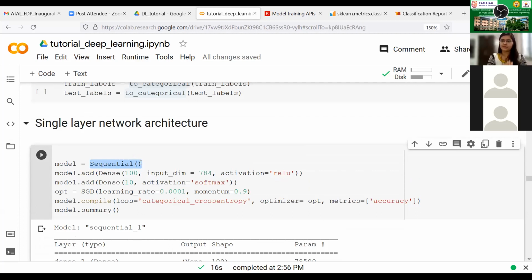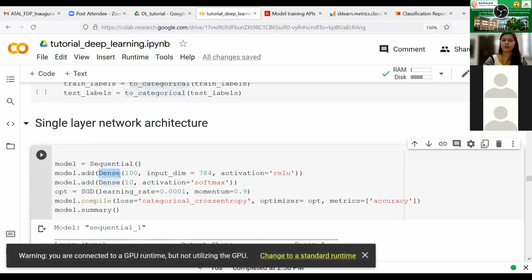What we will do is, let's say we have one box where we will put each layer: the input layer, then the hidden layers, and the output layers. So the sequential can be understood as a box, and in that box we will put all the layers. We will give the input to this box, where the first layer which I have defined here is a dense layer. Dense layer means a normal layer which will just multiply with the weights and apply the functions, which sir has already shown in the PPT.